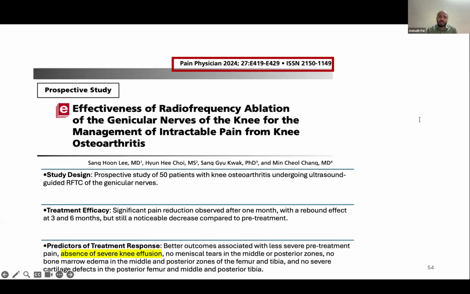Here we have a study where MRI-quantified synovial effusion was noted in patients undergoing genicular nerve ablation. This study showed that patients without severe synovial effusion had significantly better pain outcomes after genicular RFA. In contrast, the presence of marked effusion was associated with poor response, suggesting that higher inflammatory burden may reduce treatment